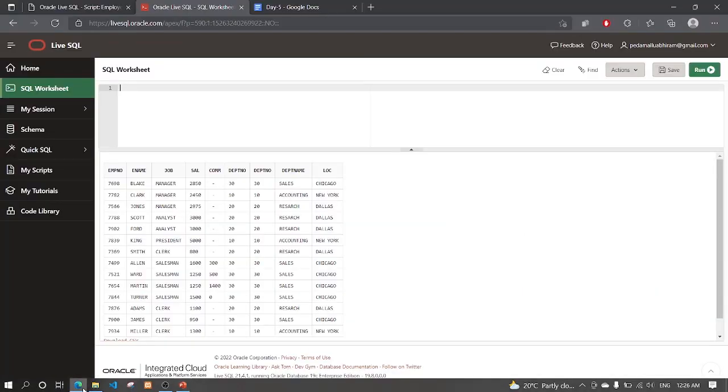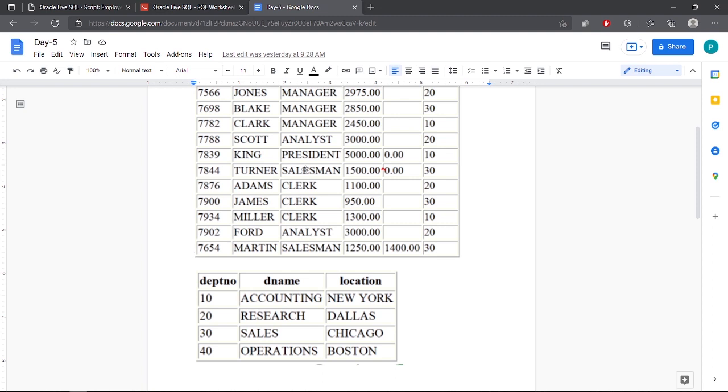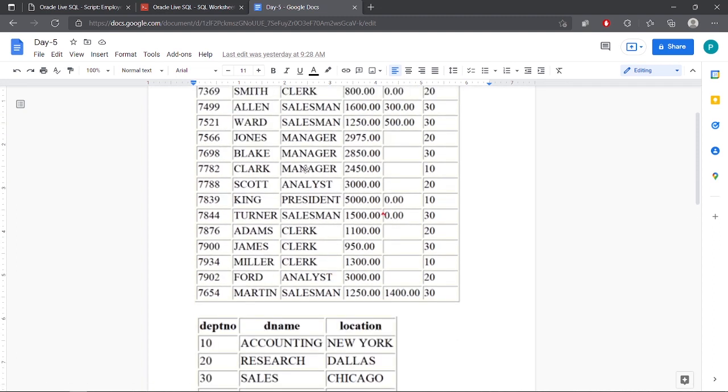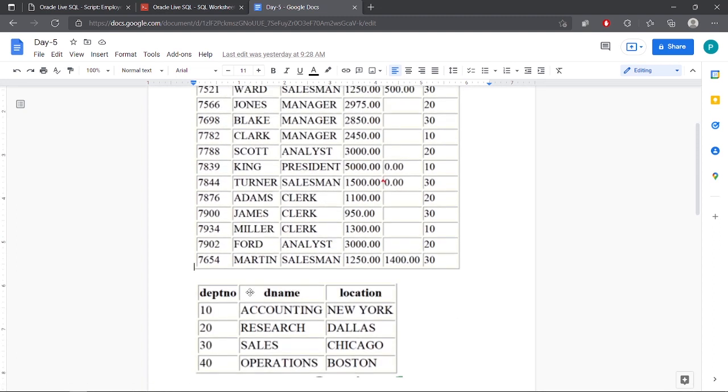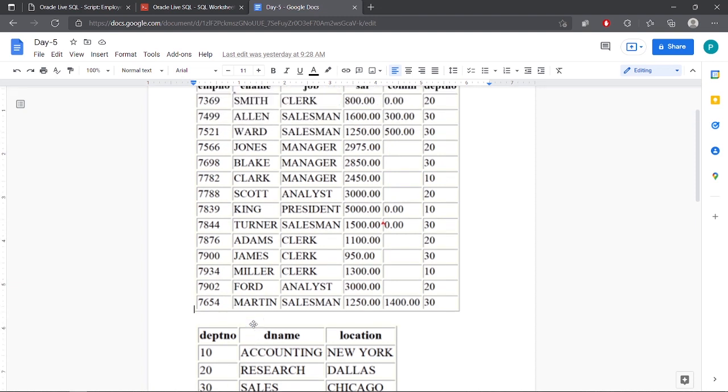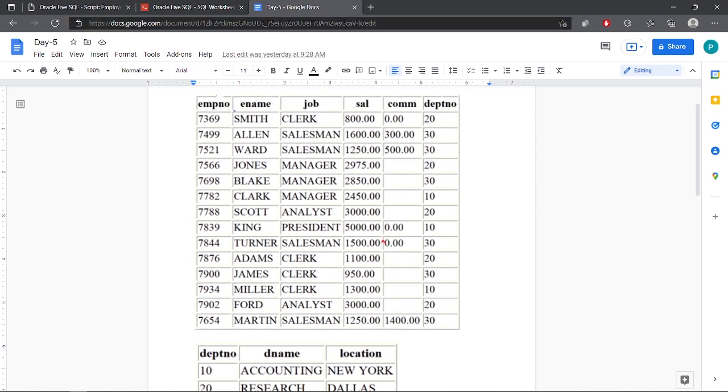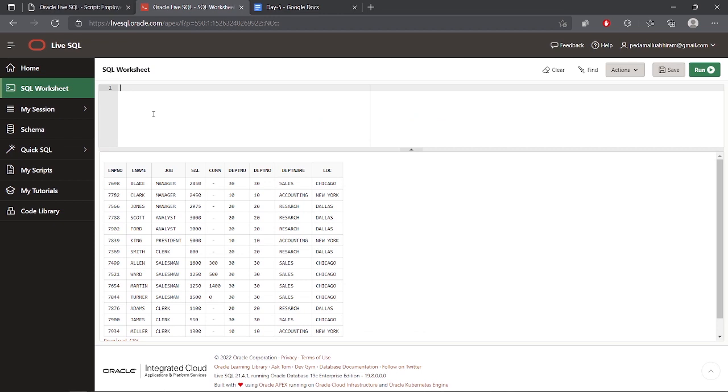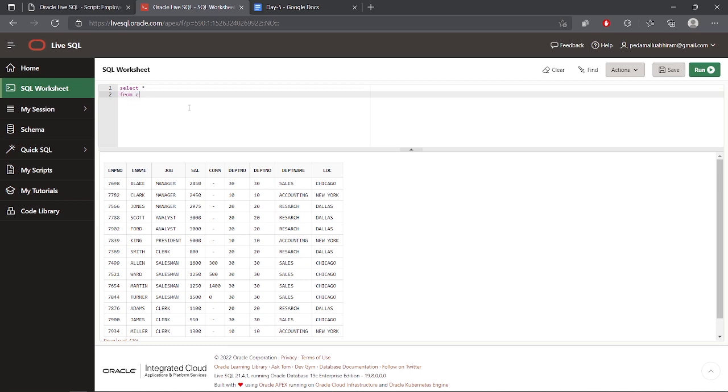Now I'm going to show you. See here, this is the employee database that we have been using. This is the EMP table and this is the department table over here. As you can see, I'm going to use the inner join and write the query. As I've run this before, this is the answer you'll get, or else I'll run this again. Select all from EMP inner join DEPT